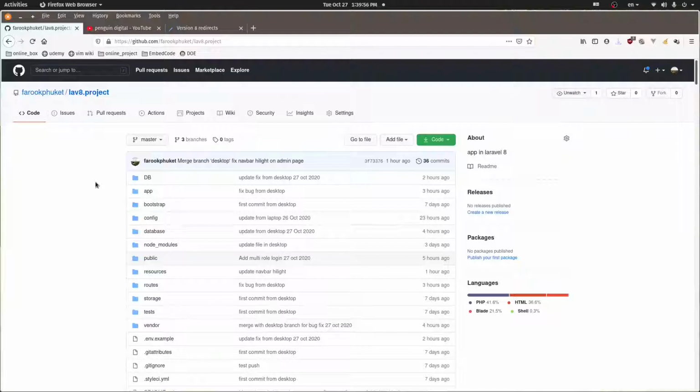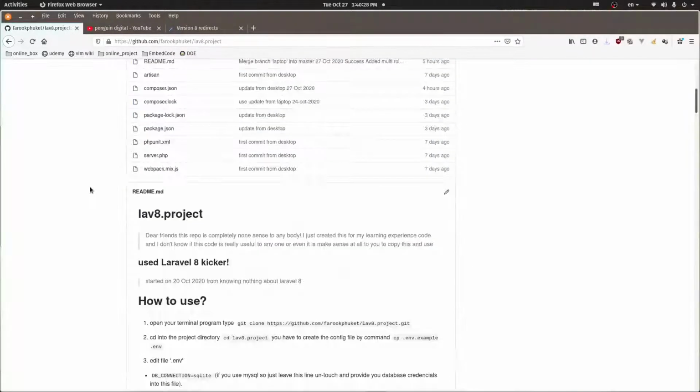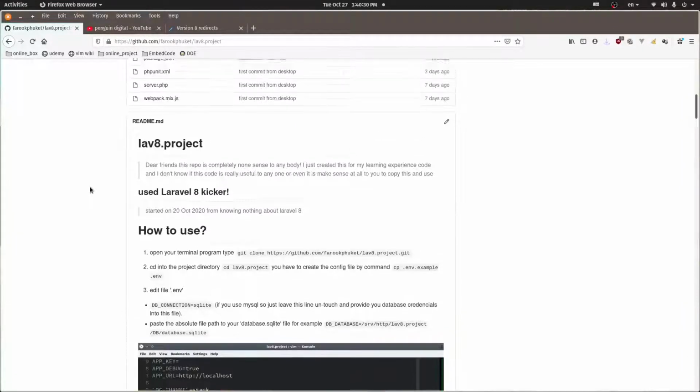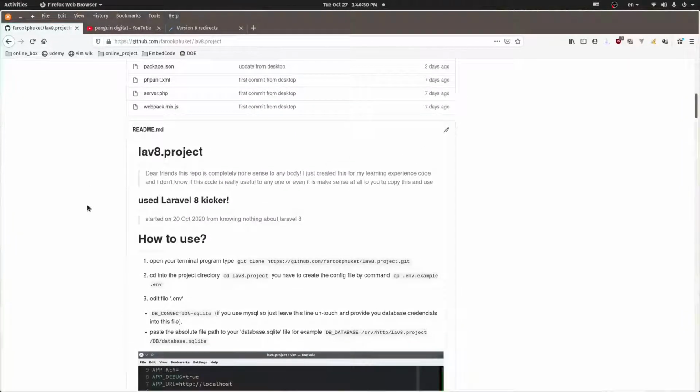So my code is on GitHub, and you feel free to download that. I'll put the download link in the description below, so just feel free to have a look. Anyway, I'm making this a very little project, and it's just a very basic feature that I have here. Anyway, we'll talk about this later.